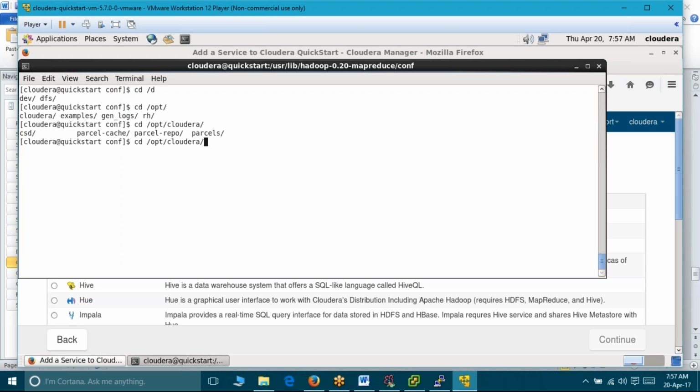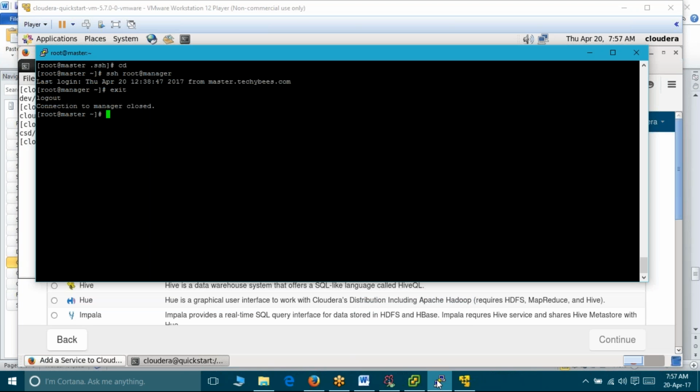Srini, will you be showing these on your cluster? Yeah, that is where we are going to see this one. Now here you will be seeing this on the manager. On the manager, we have something called